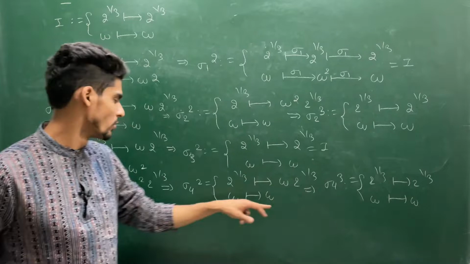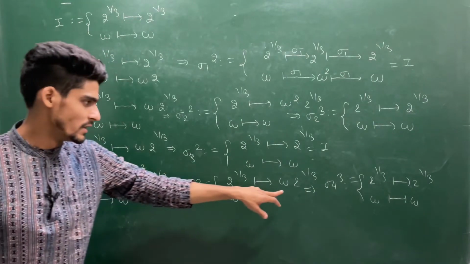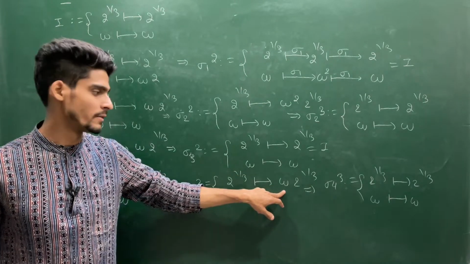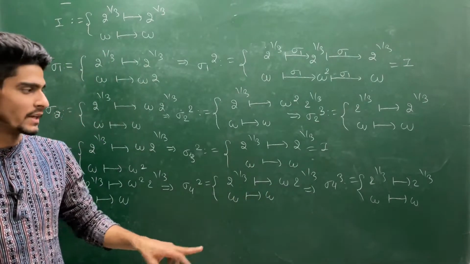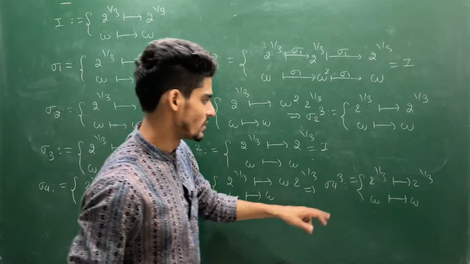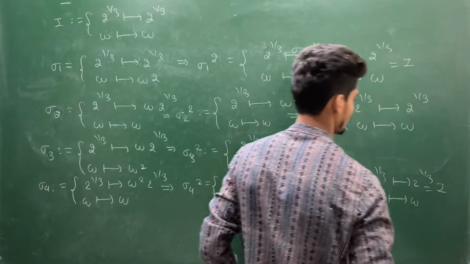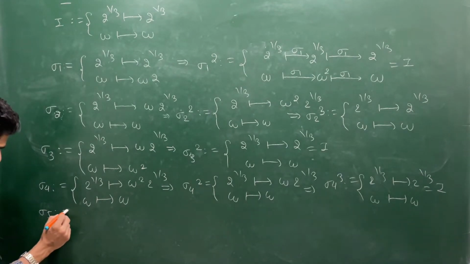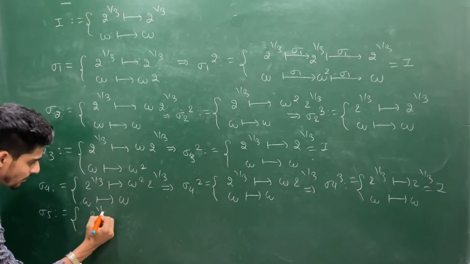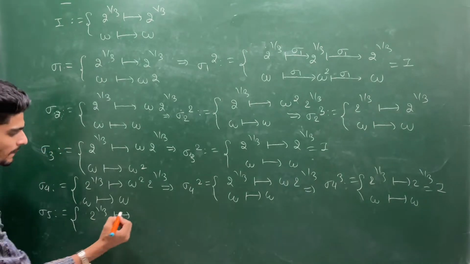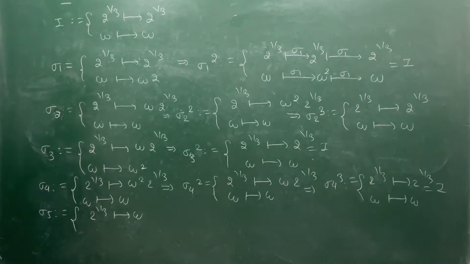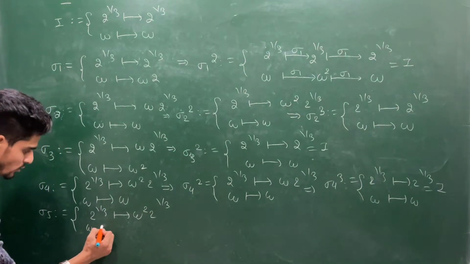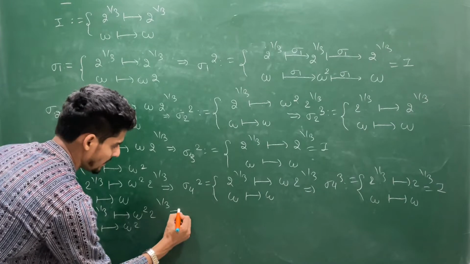Again you operate sigma 4. So from this element you will have omega square 2 power 1 by 3, but omega is already there. So you will have omega power 3 2 power 1 by 3, but omega cubed is 1. So this is not a new element, this is identity. You can also write sigma 5, which sends 2 power 1 by 3 to omega square 2 power 1 by 3, and omega goes to omega square. This will imply